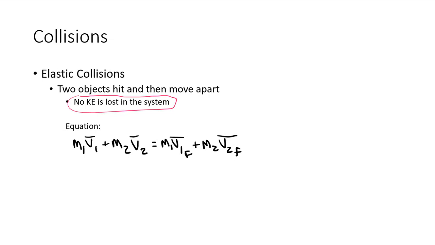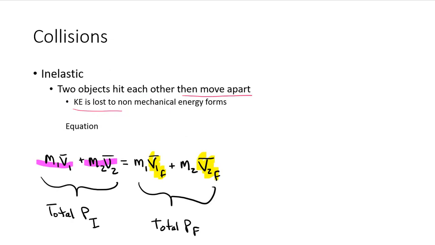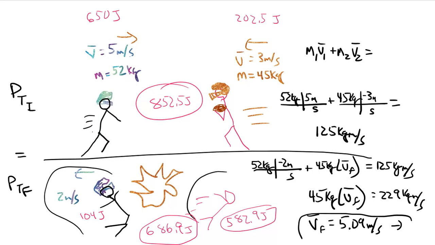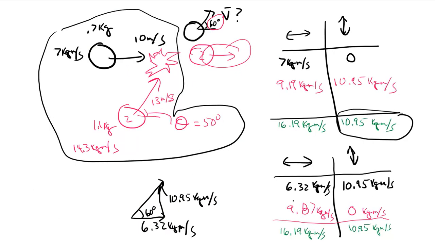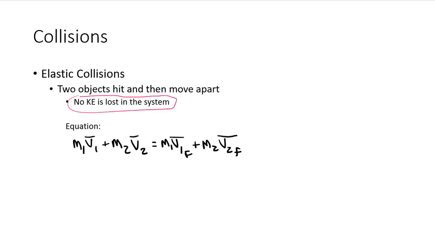Well, this equation doesn't look drastically different than my equation for an inelastic collision, right? And they're both the same in what we see. Two objects hit each other and then move apart. So that part stays the same for both of them. Two objects hit and then move apart. The difference is for this one, kinetic energy is lost. In both of these examples, we could see that kinetic energy was lost. In this example, there's no kinetic energy lost, which means